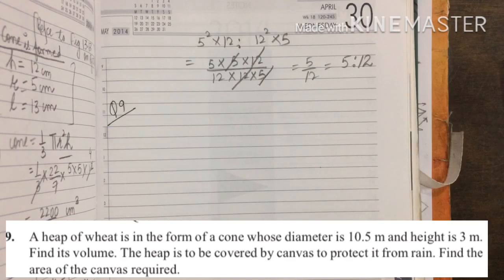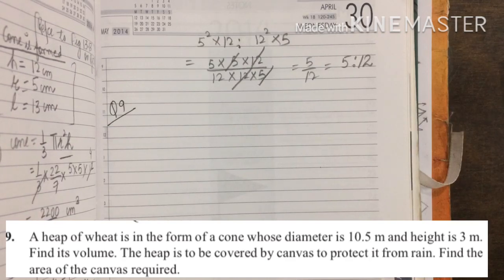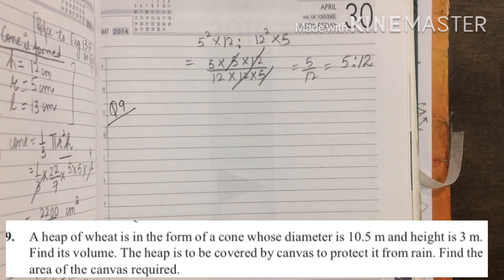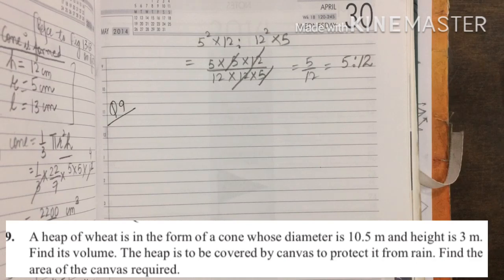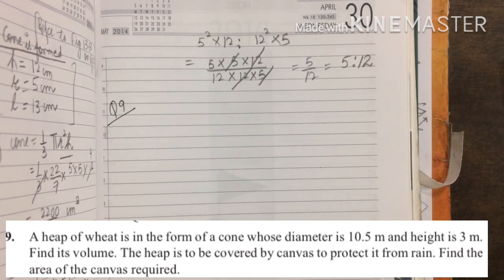A heap of wheat is in the form of a cone whose diameter is 10.5 meters and height is 3 meters. Find its volume. The heap is to be covered by canvas to protect it from rain. Find the area of the canvas required. So the question has two parts. The first part, you have to find out the volume of the conical shape which is formed by the heap